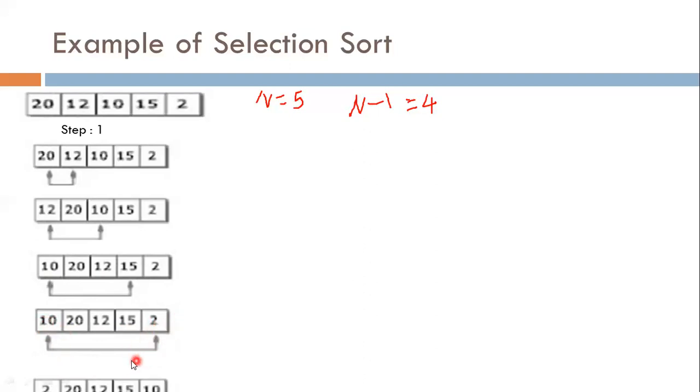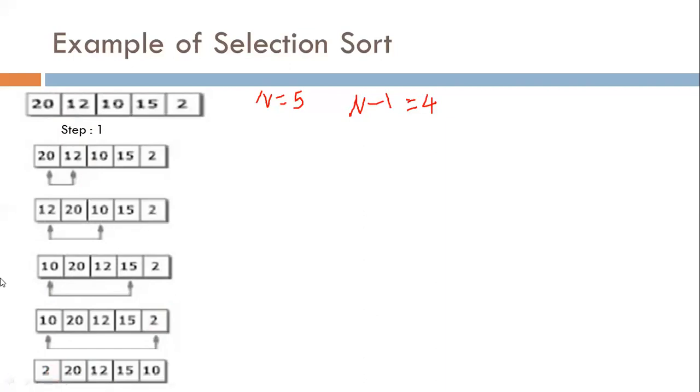So I get 2, 20 as it is, 12, 15 and 10. After completion of step number 1, we get the smallest element from all the elements, which is 2, arranged at our first position.